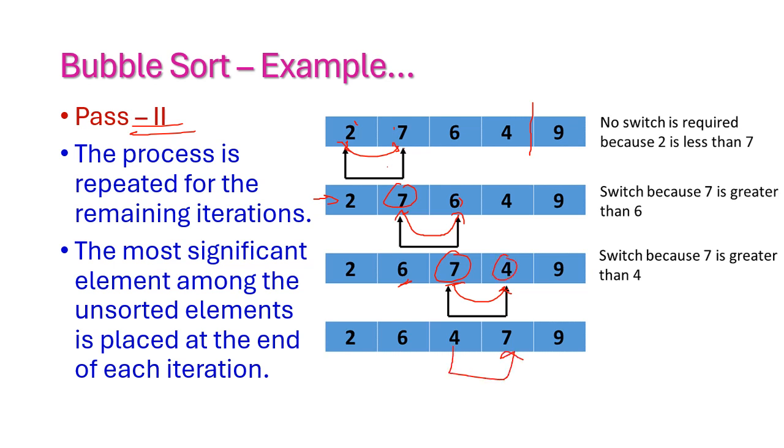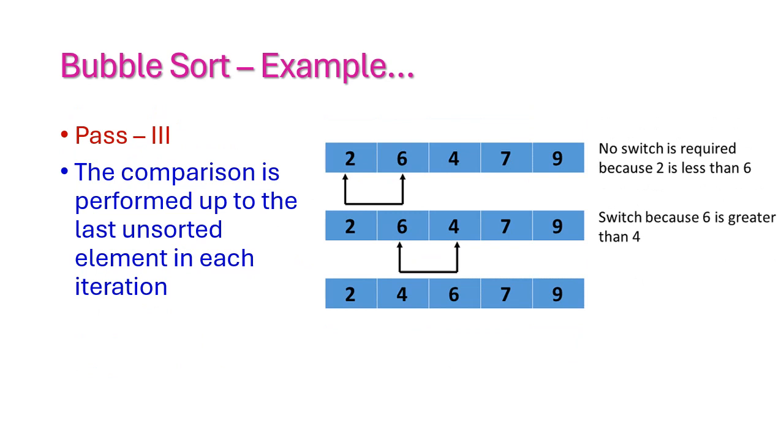See, 4 will become here and 7. That is, 7 is the next largest item. Now at the end of second pass, 7 is placed in its right position. Okay, and in pass 3,